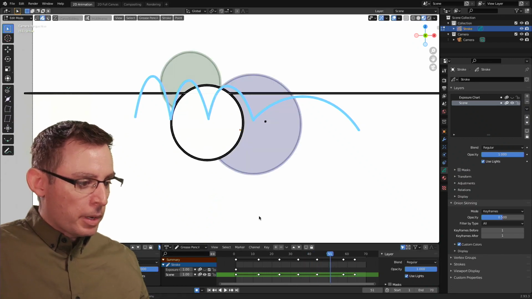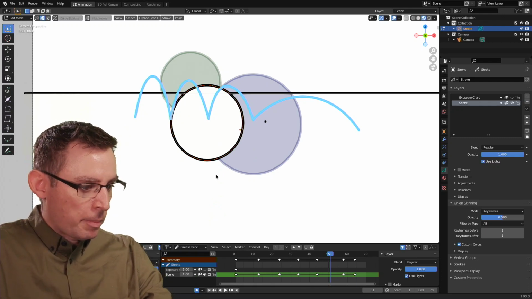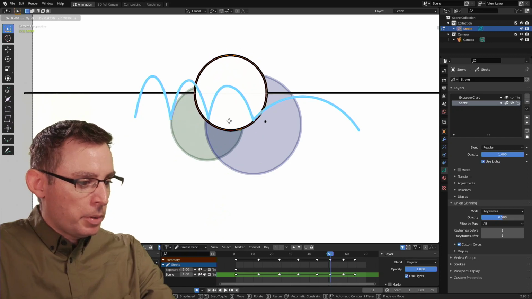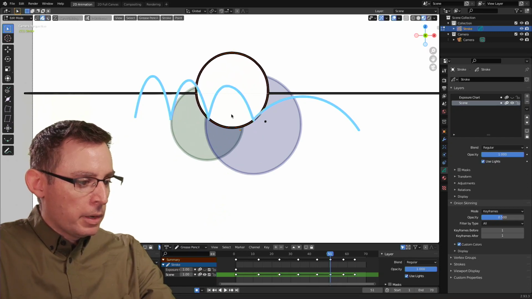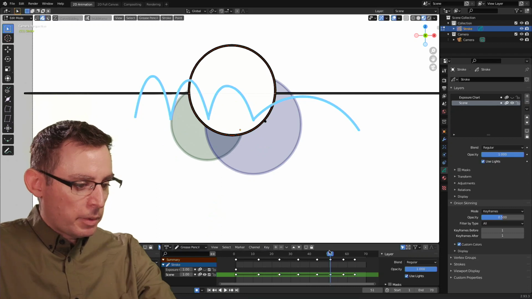Somewhere, I'm just going to put my timeline in the middle, hit the G key to grab my guy. I've got to select it first, and we're going to put it in the middle of that arc. Now, I'm just visually lining up the center of the sphere with the apex of my curve. Of course, naturally, I'm going to need to scale this up just a little bit as well.